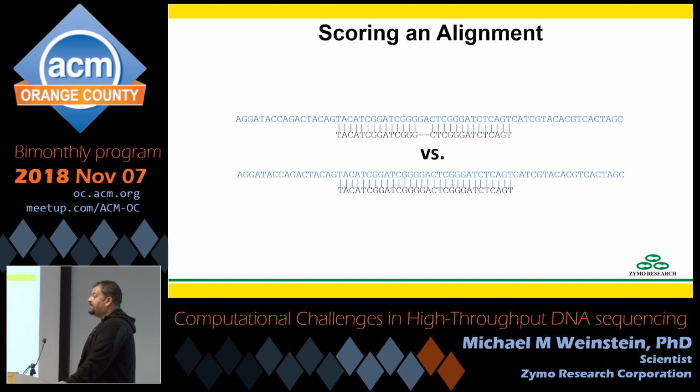So how about scoring and alignment? As I mentioned before, a common theme you'll find in a lot of these methods is you won't just get back a base call or an alignment call, you'll get back a confidence in the call. So an example here, what would score better? We have one alignment with a 2-base deletion. We have another alignment that's a perfect match. Obviously the perfect match is going to be a much higher confidence.